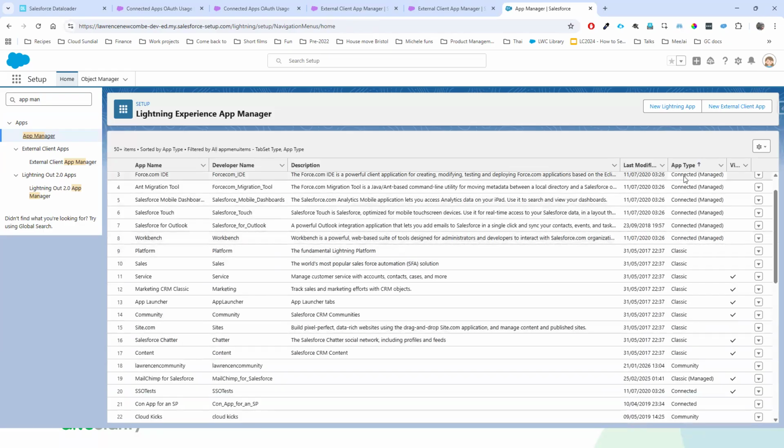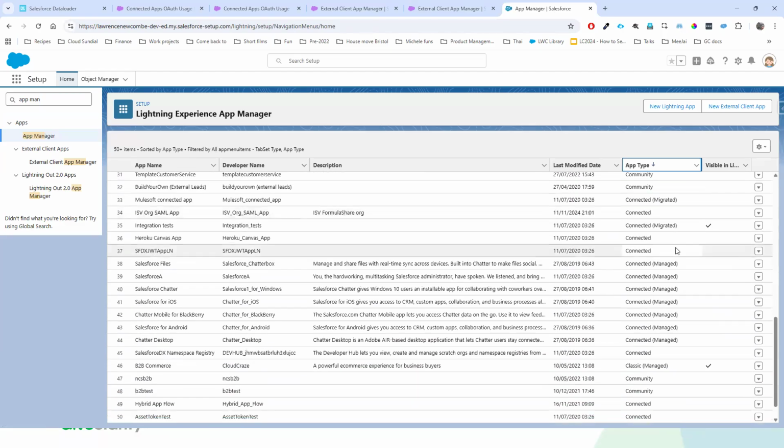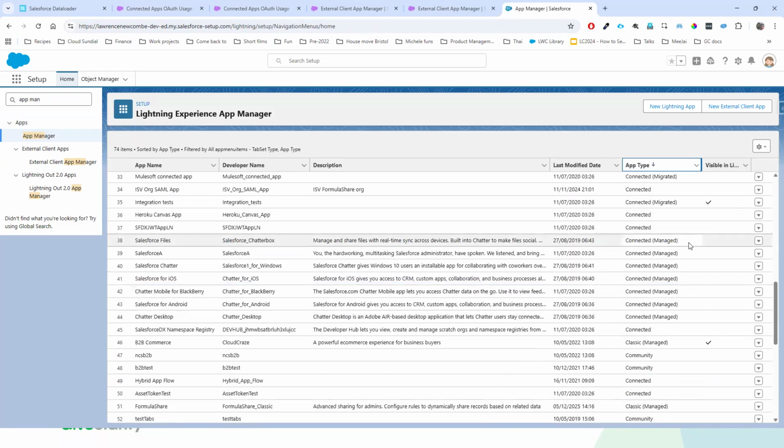So if we order these by type, I'll talk a little bit about what those are, and then let me know if that doesn't cover it. Paul says his says manage connected apps. Oh yeah, managed connected apps. I think Paul's looking at the managed connected apps list in setup.